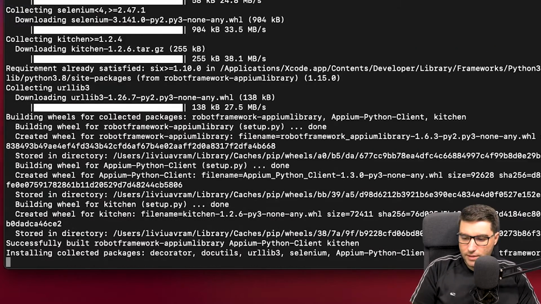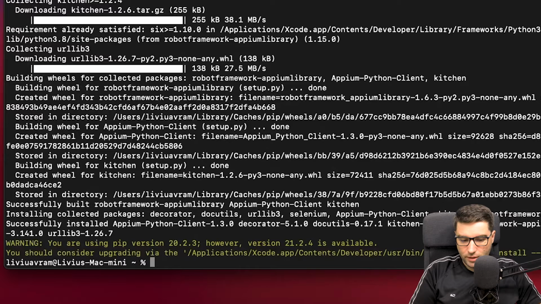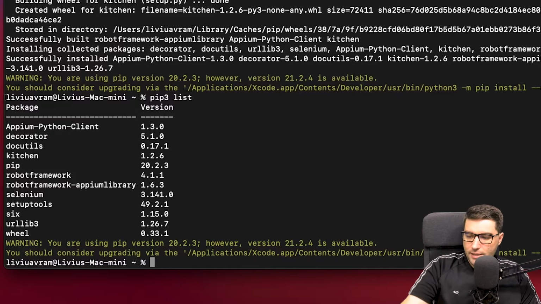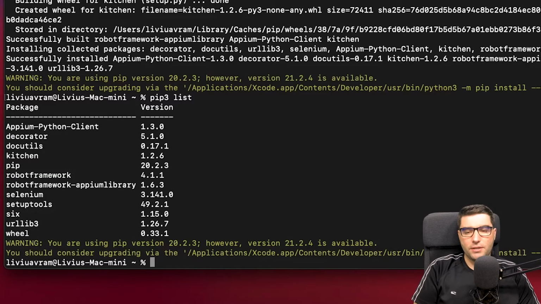And this will install the Appium library along with all its dependencies. So if we say pip3 list, I can see that the Appium library has been correctly installed and it is available for the automation tests.